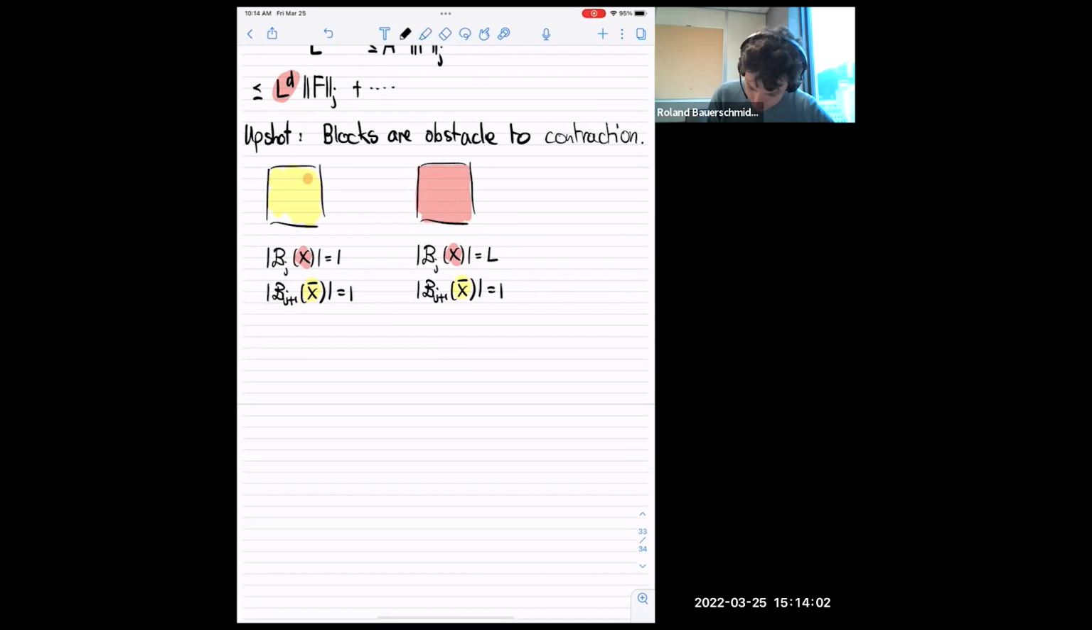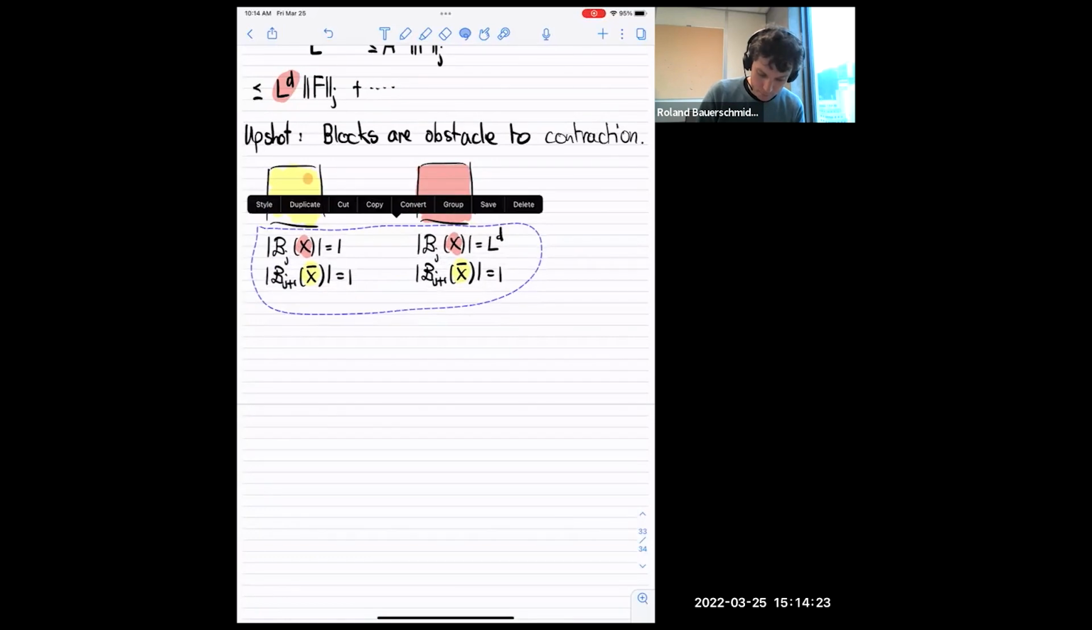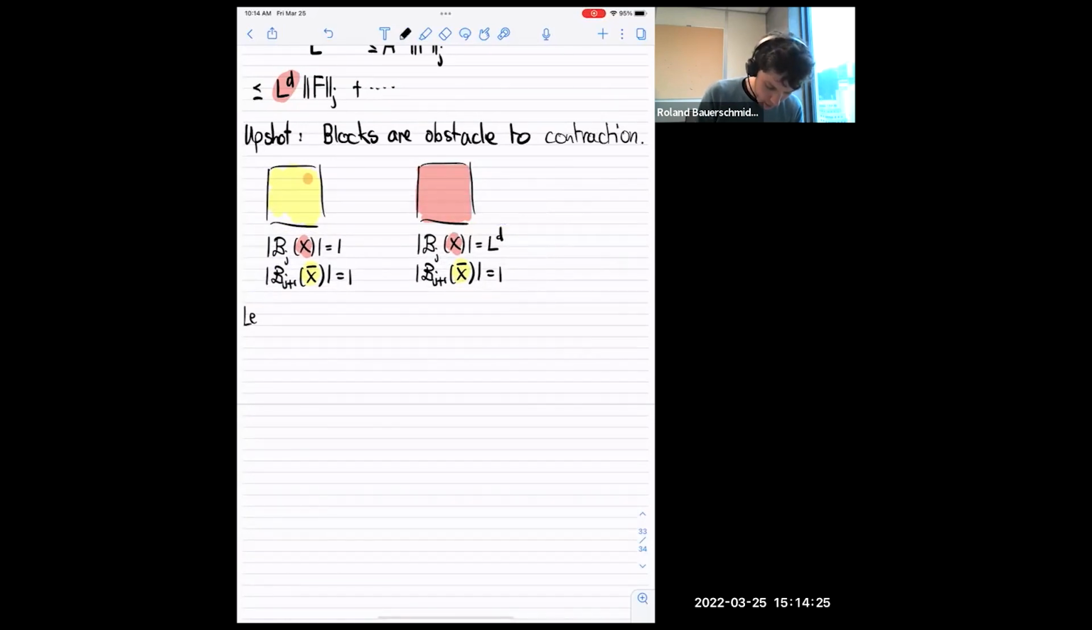So then this is L to the D, but the number of blocks in X bar are still only 1. So there's a huge gap between the size of X and the size of its closure at the respective scale. And it turns out there's a general principle here. There's a combinatorial principle